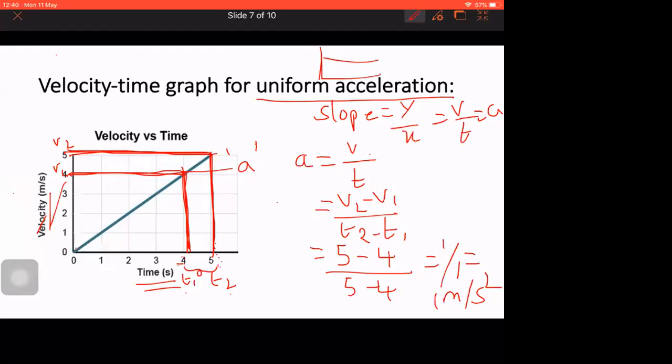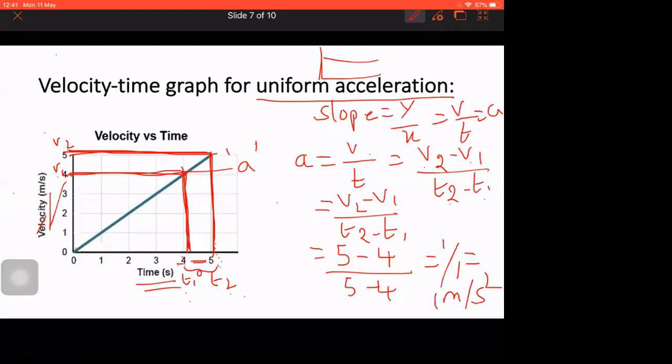Okay, so here you are calculating the acceleration using the slope, which is y-axis divided by x-axis, because acceleration is change in velocity. I am taking V2 minus V1 by T2 minus T1 because it is the change from this time to that time. From T1 to T2, what is the change? From V1 to V2, what is the change? That is the reason I'm taking the difference. I'm asking you only between 4 and 5, so you take T1, T2 as 4, 5 and velocities V1 and V2.